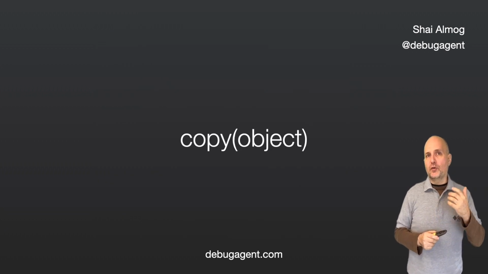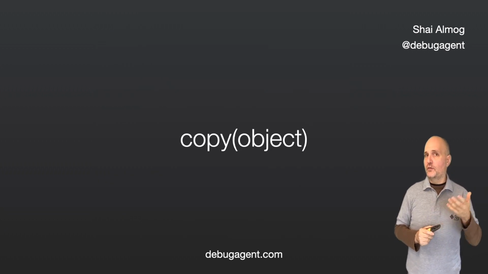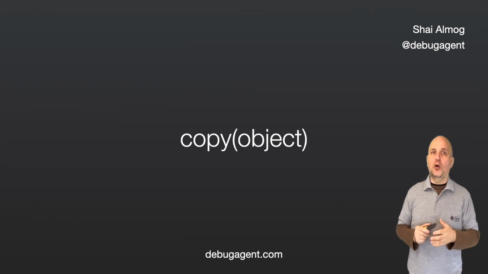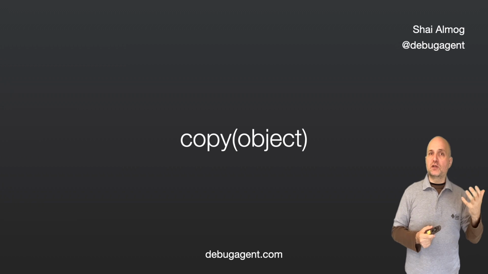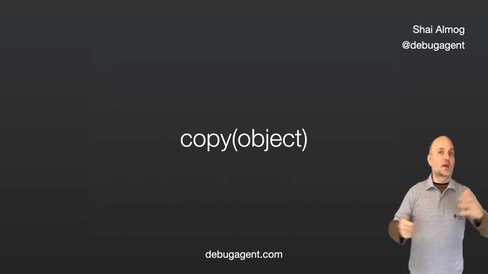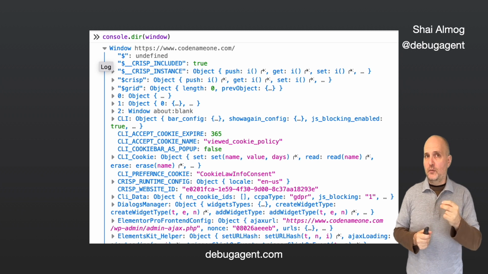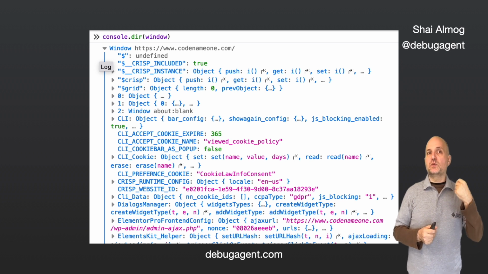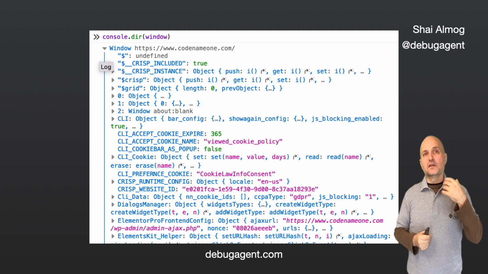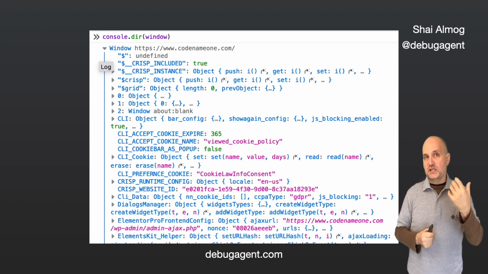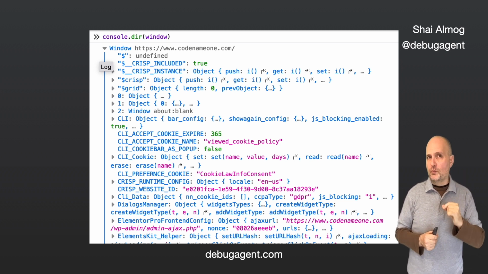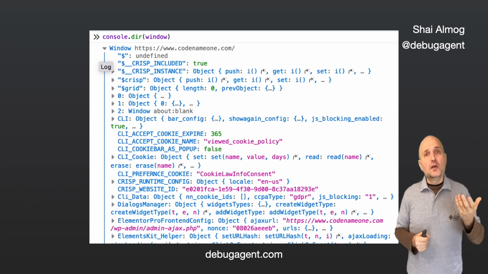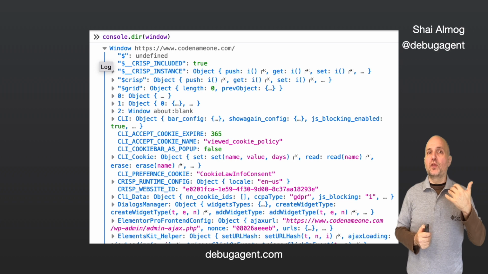Printing the content of an object to the console is possible in various ways. We can use the copy method to copy the content of an object into the clipboard so we can paste it anywhere. The console.dir API provides a far more powerful option of inspecting an object as we do in the debugger. This is an amazing way to explore an API and the state of the environment as we see in here. Similarly, we can use dirxml to view an object as XML or use the inspect method to open the inspect panel with the given element or object.